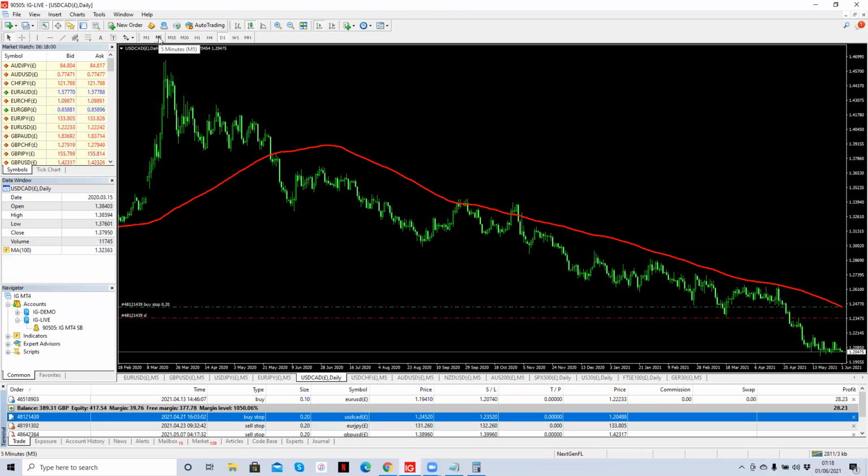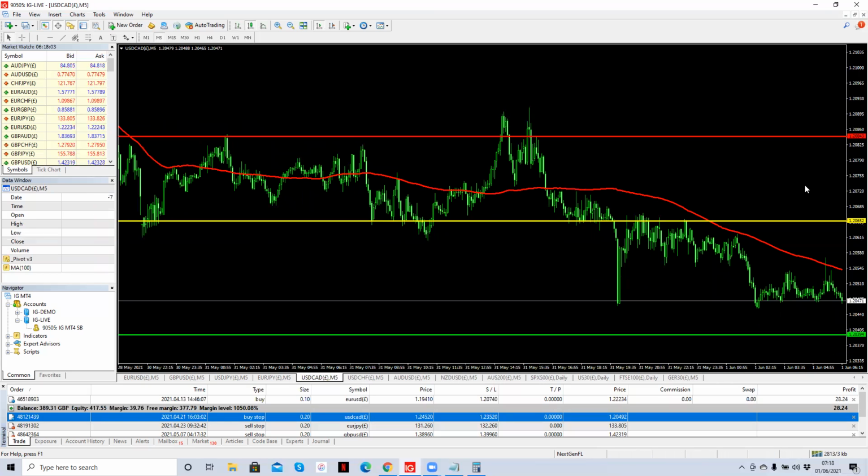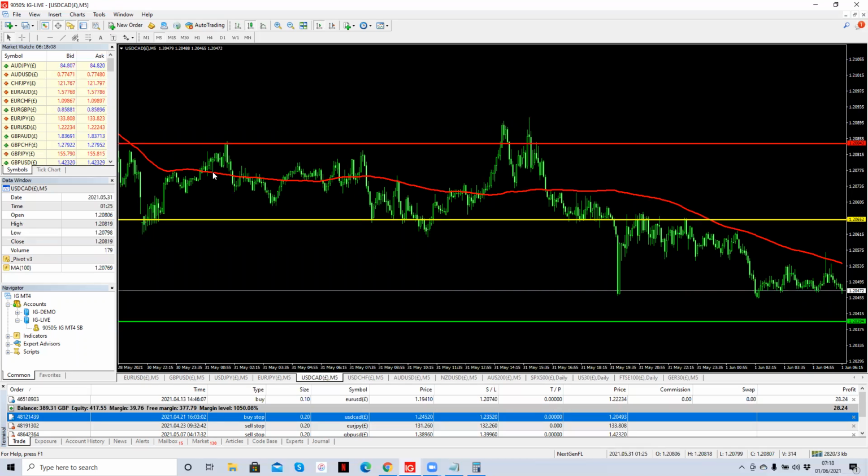Then day trade, go to the 5-minute time frame. And again, you can see the dollar, Canadian dollar is all over the place. You can see it was trending sideways, fell a bit, now trending sideways. So again, I'm going to leave the market alone and then reassess again and see the state of the market just before the Canadian GDP report at 2:30 p.m. GMT +2. So that's my plan for today. Any questions? Any questions, comments?